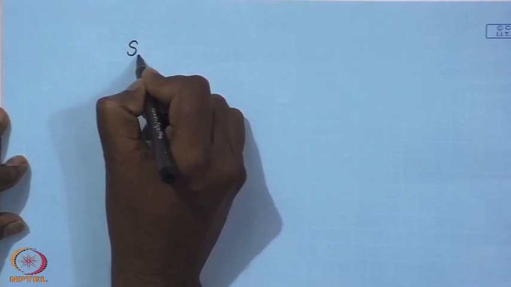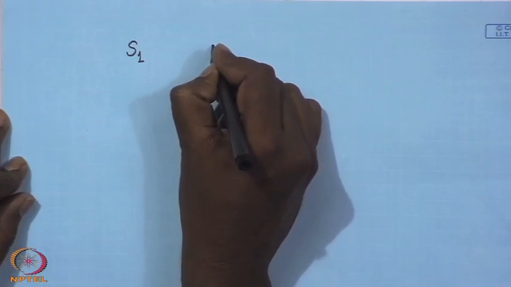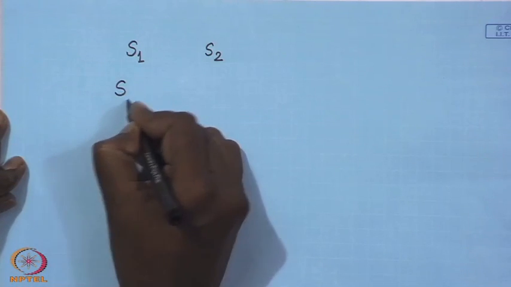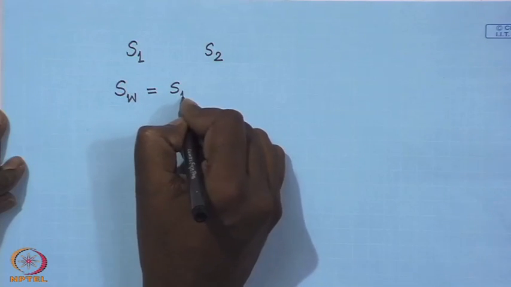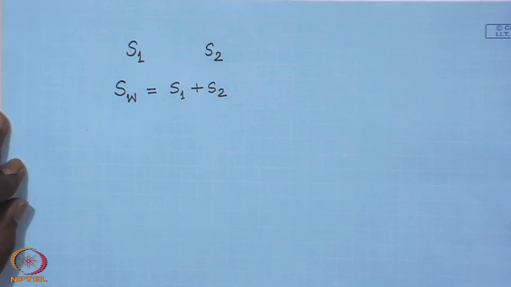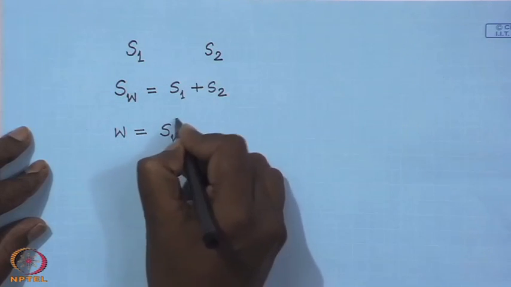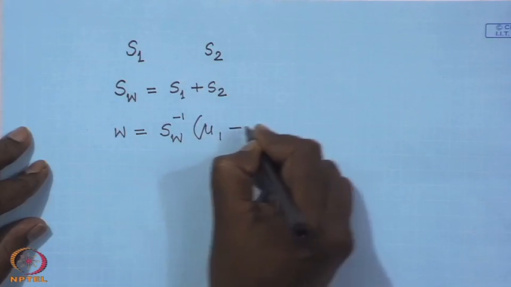So, if you remember, we have said that if S1 is the scatter of the feature vectors in class omega 1 and S2 is the scatter of the feature vectors in class omega 2, then the total within class scatter is given by SW, which is nothing but S1 plus S2. So, this is the total within class scatter. And if mu 1 is the mean of the feature vectors in class omega 1 and mu 2 is the mean of the feature vectors in class omega 2, then when we discussed the Fisher's linear discriminator, we said that the projection direction is given by a vector W, which is nothing but SW inverse into mu 1 minus mu 2,